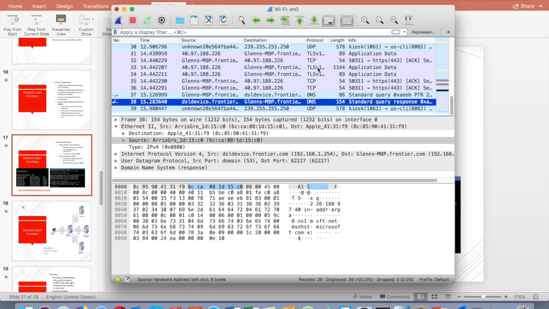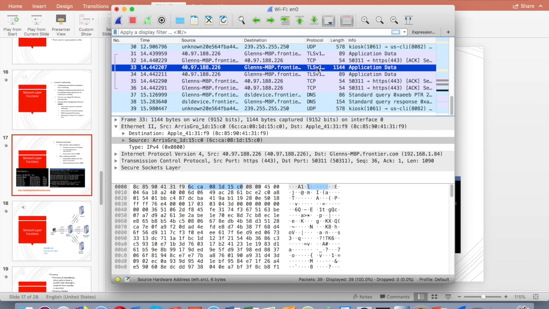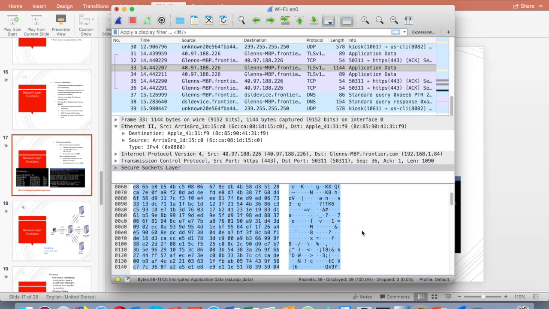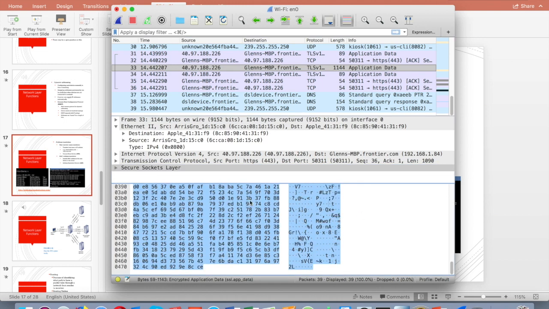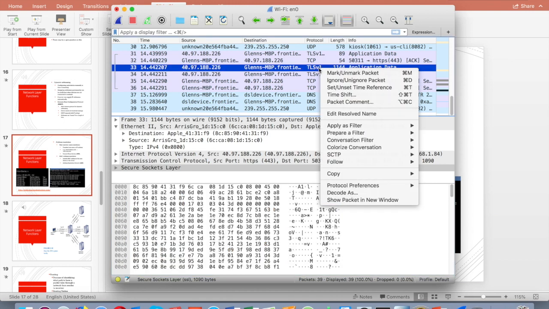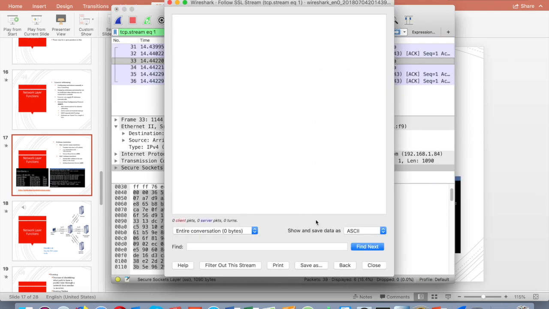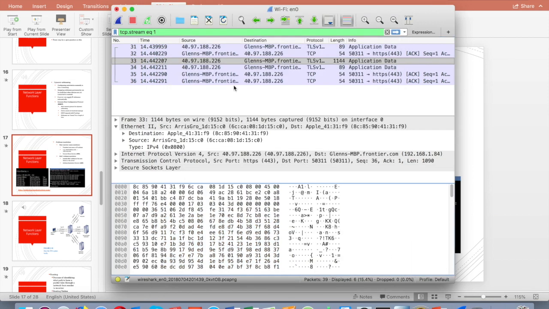If I want to see this TLS layer, that's a protocol layer. That's the SSL layer, an application layer protocol. So it's sending something there at the application layer. It's using HTTPS most likely, or it's using SSL. So actually it's using SSL. So we have some very good, interesting information there. And I can sometimes follow the stream here. I could follow the SSL stream. And there's not a whole lot there to read, unfortunately. But that's a good example of how Wireshark works and what it will do.